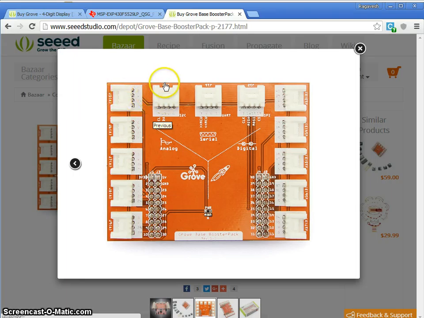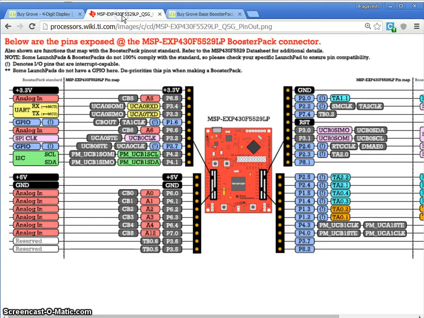If you connect these two components over here, it is going to make the connection something like this. So pin number 9 and 10, which is nothing but serial clock and serial data,